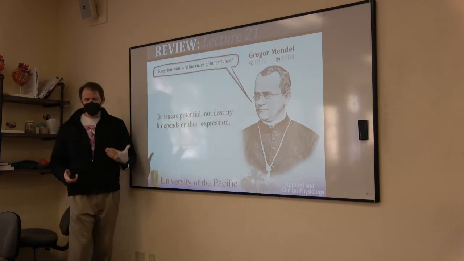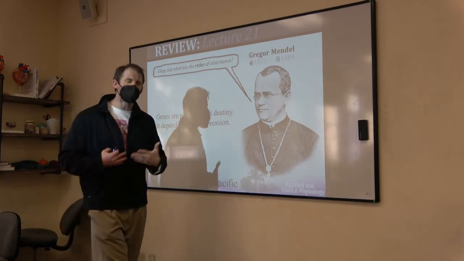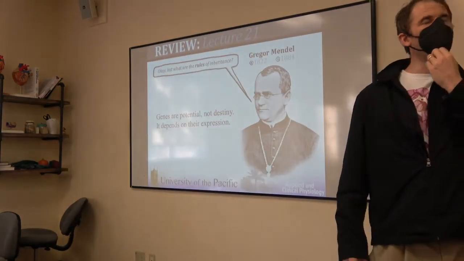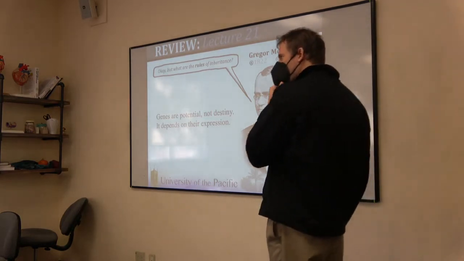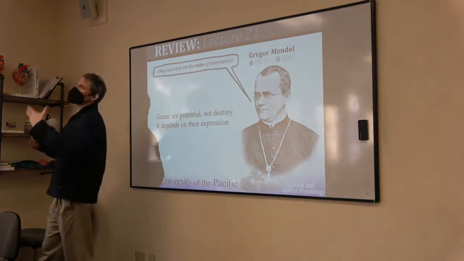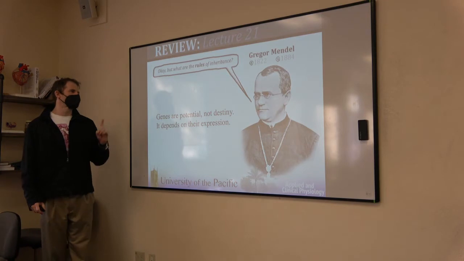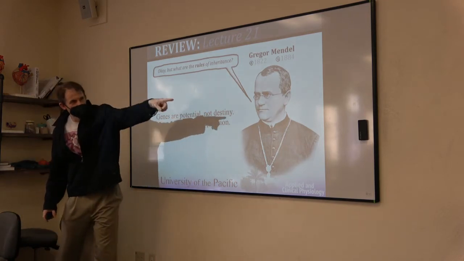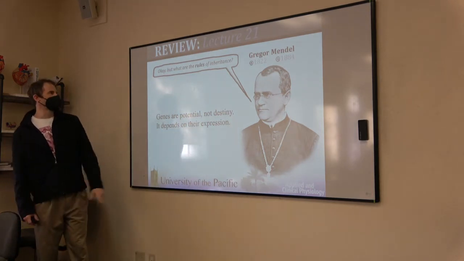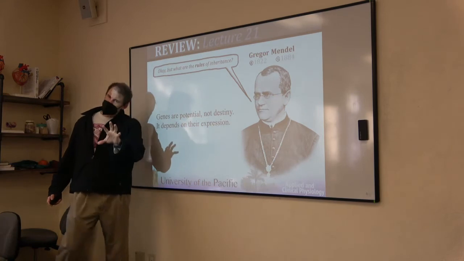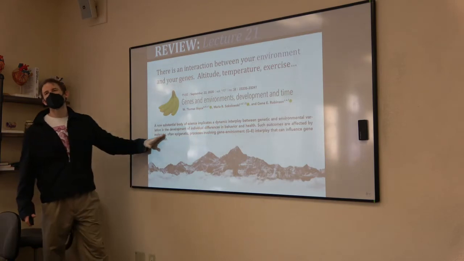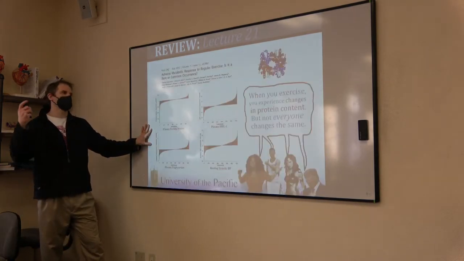So the rules of inheritance, this is a relatively new field, and it gives us something to say about pharmacology, right? It gives us something to say about nutrition and exercise and how our genes behave and exercise genomics. It gives us a little bit more to say that's not just, okay, two tall people make a tall person. Right? Two fast horses make a fast horse. It gives us a little bit more interaction, but the genes themselves are not destiny. It's a predisposition. And everything we're doing is changing our genetic expression. The behavior of our genes changes with everything we're doing.